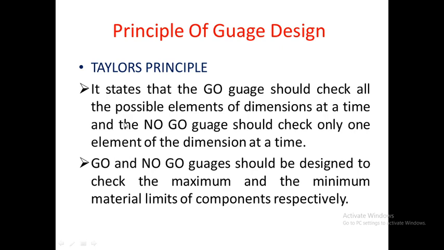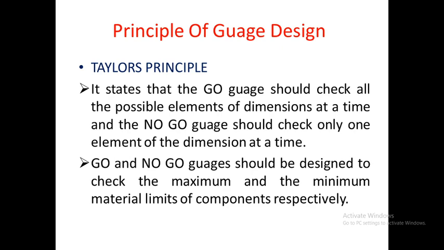Now consider that we have a square hole inside a shaft. Now the square hole or the rectangular hole will have two dimensions, basically the length and the height. So while designing the go gauge, we should keep in mind that the go gauge should be designed in such a way that it will check the accuracy of both the length as well as height in a single pass. That is, when the go gauge is inserted inside the hole, it should check the accuracy of both length as well as height in a single pass through the hole.